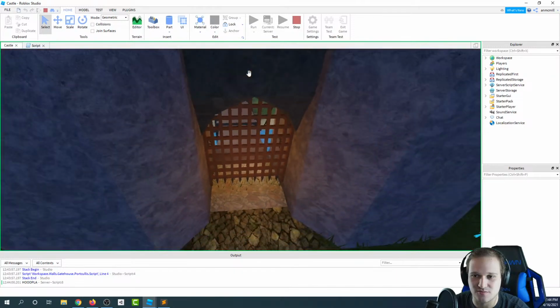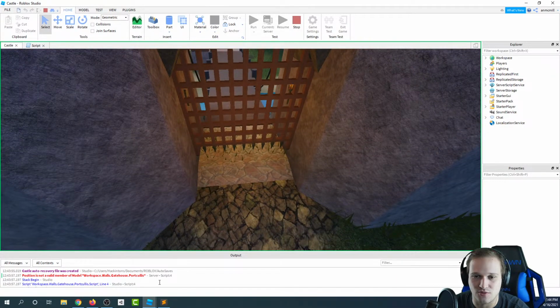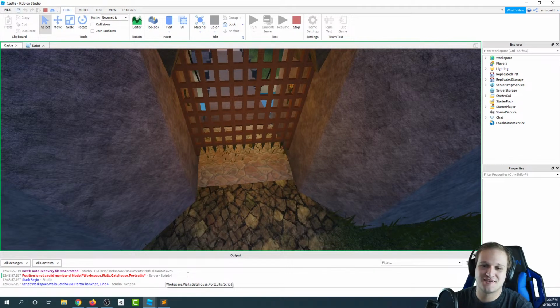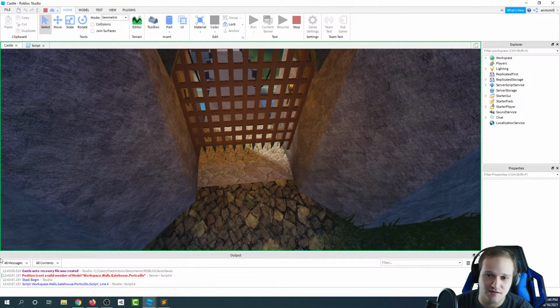It moved up a little bit, didn't it? But I got an error. So this is where things get a little bit tricky because we're not just moving one part anymore. We're moving a lot of parts. We're moving a whole model, in fact. And that's why I'm getting this error. It says position is not a valid member of model